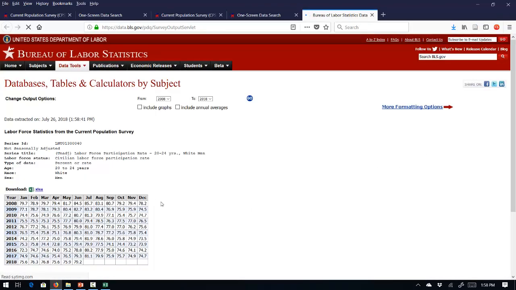Now you have data about labor force participation rate in the United States for white men between the age 20 to 24 years. So among the white men in January 2008, between the age 20 to 24 years, labor force participation rate was 79.7%, and today, as of June 2018, it is 79.2%. And you can again go back. The farthest you can go back is 1954, and I can always request for a graph, and I click here,